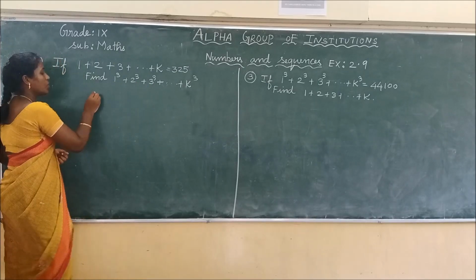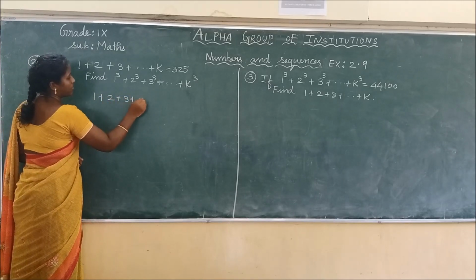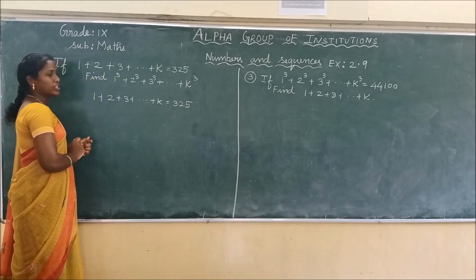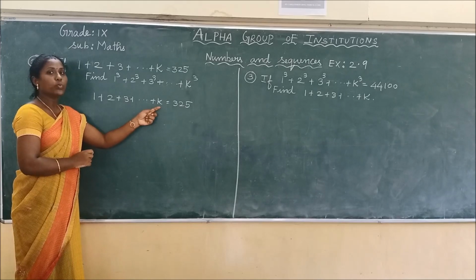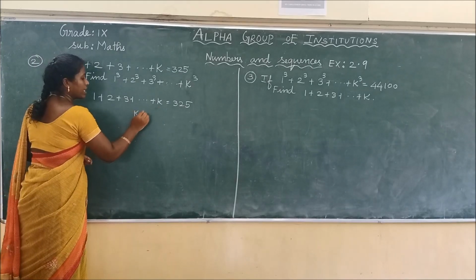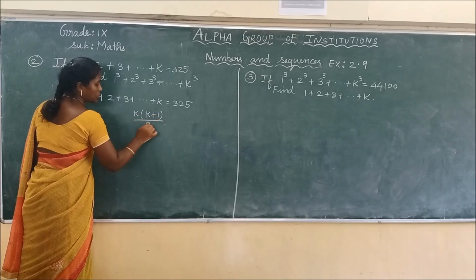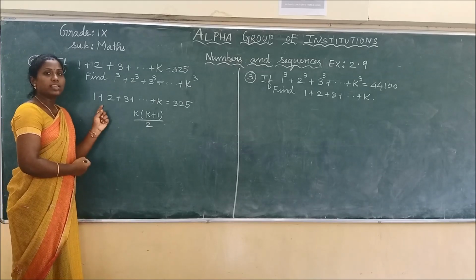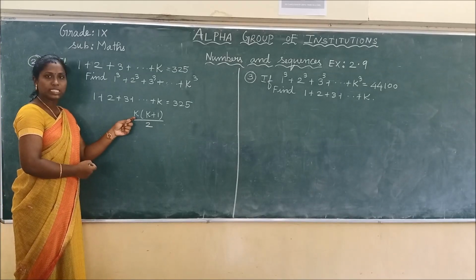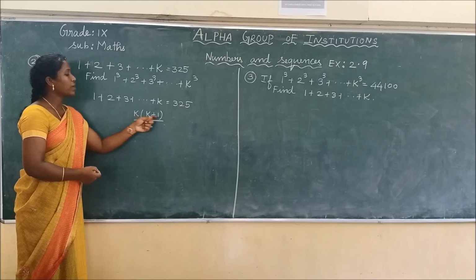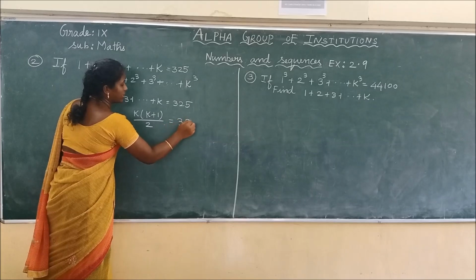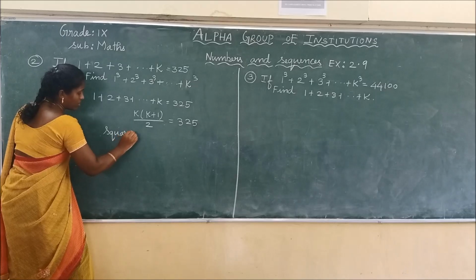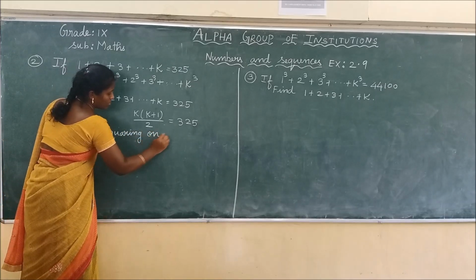Okay. So what is given here? 1 plus 2 plus 3 plus etc. plus k is equal to 325. Okay, what is the formula for this? We are having the last number here, k. So we can give this series in the form of k into (k plus 1) by 2. Isn't it? Because natural numbers 1 to k are added here. So I can write this series in the form of the formula as k into (k plus 1) by 2, where instead of n, we are having k, is equal to 325. Okay, now I am going to take the square on both sides.